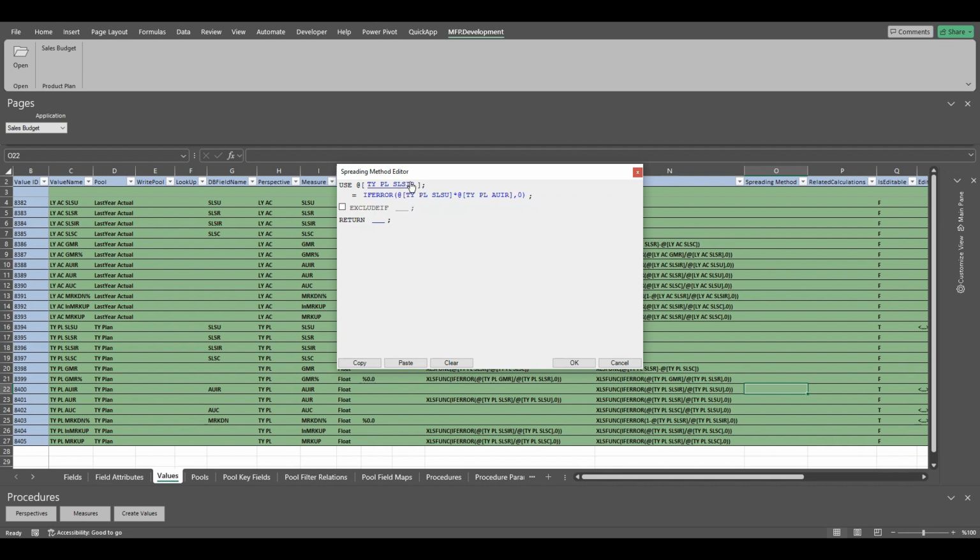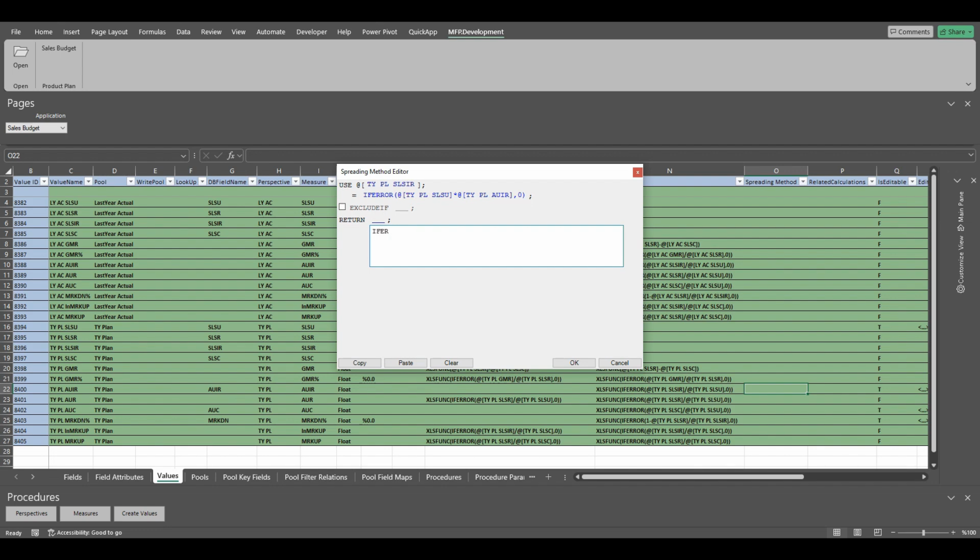We've told it to calculate the sales initial revenue value in this way. If we want to open the exclude if section, this means that, when spreading, if there are lower cells that match the formula I wrote here, don't make any changes to those cells. Since we don't have such a situation for average unit initial price, I'll go directly to the return section. That is, calculate the this year planned sales initial revenue according to this formula for the newly entered average unit initial price value, spread it, and then calculate the average unit initial price value for the lowest cells with this